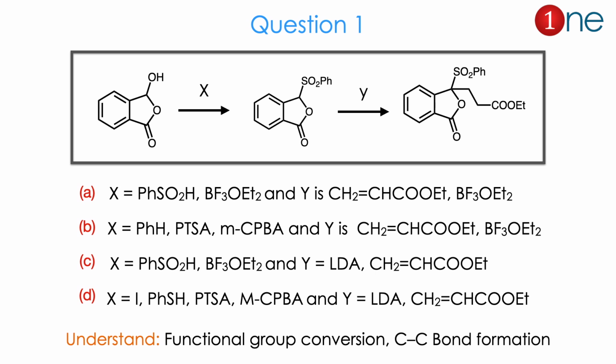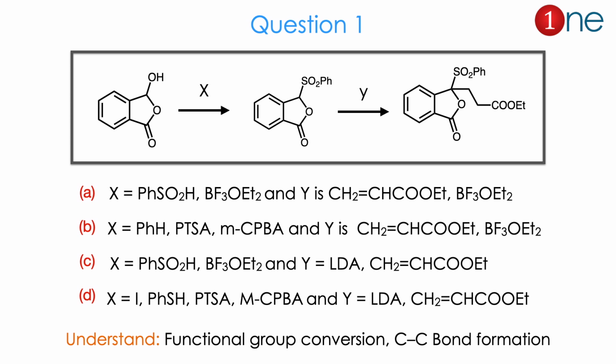Let us see question number 1. The starting material is benzene attached to an ester form of a 5-member ring, and OH is attached. Here they ask you to find the reagent, and in the next step also they ask to find the reagent. Here you have to see which reagents are given. The reagents are like sulfonic acids, bromine trifluoride and an alkene.